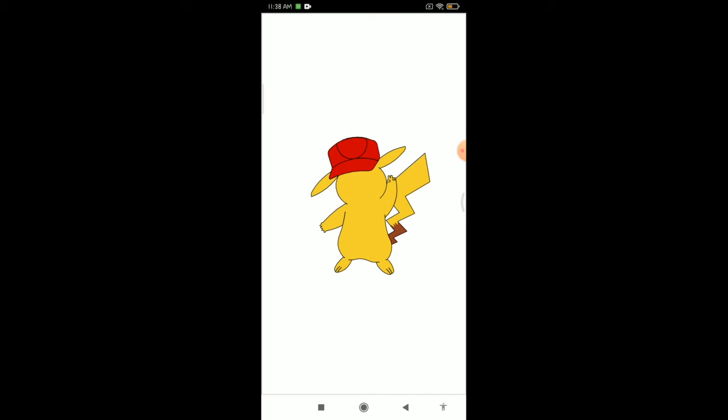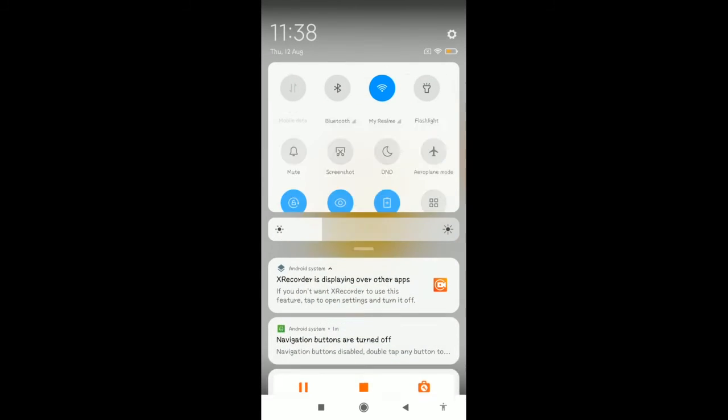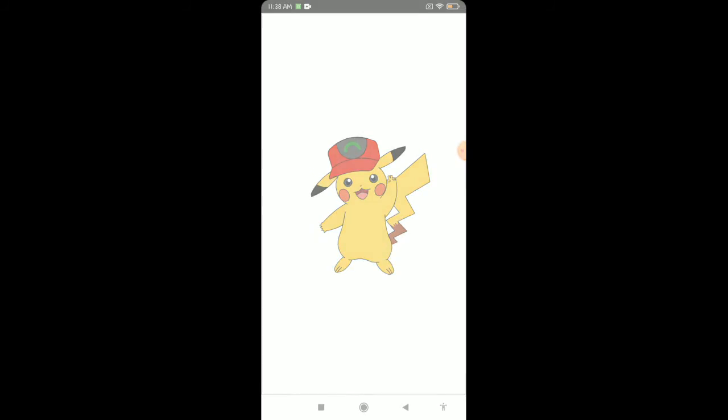Yes, it's working fine. Okay. Yes. Nice. Okay. Yes. Very nice. So guys, as you can see here, our Pikachu is made, and I will take a screenshot of